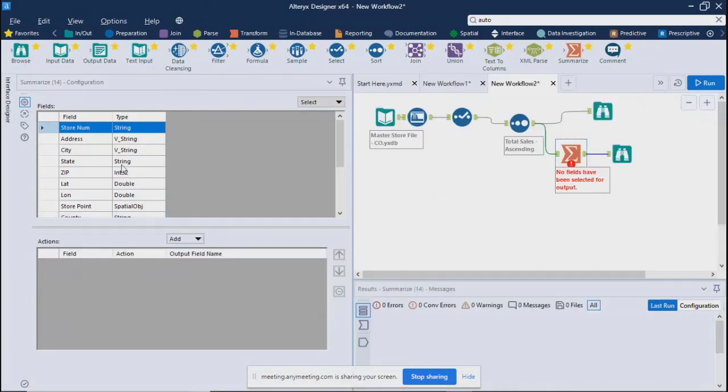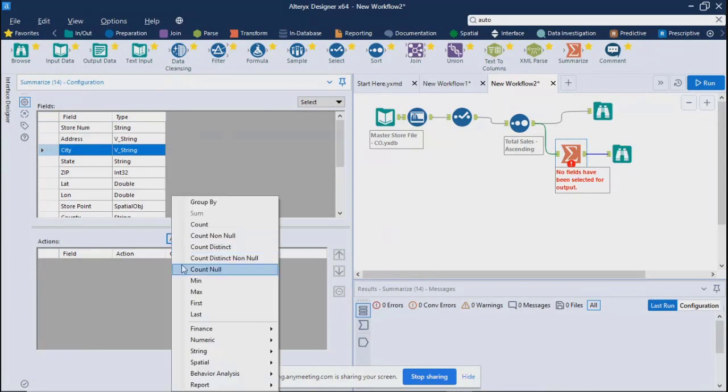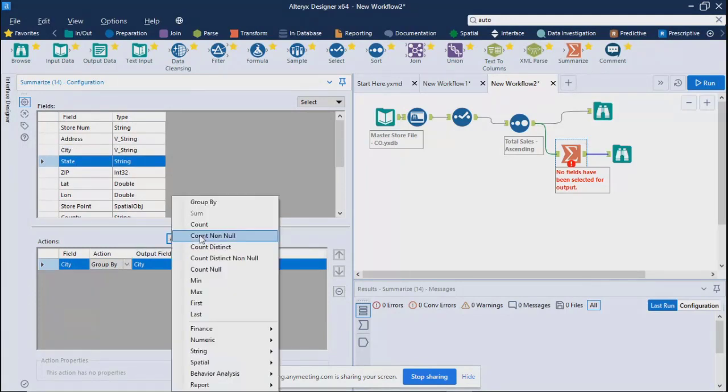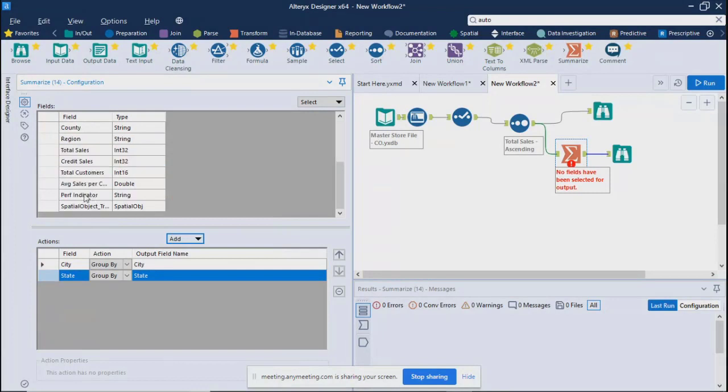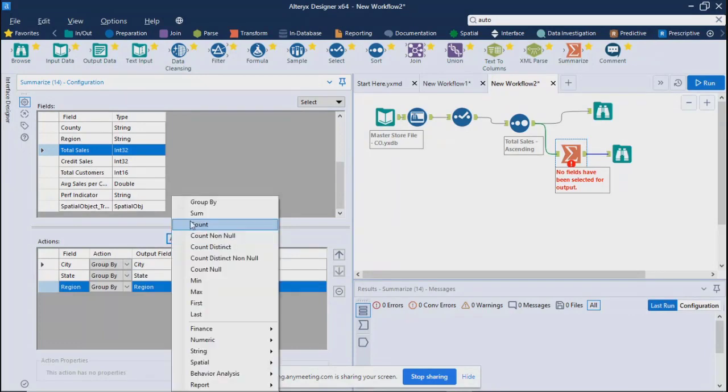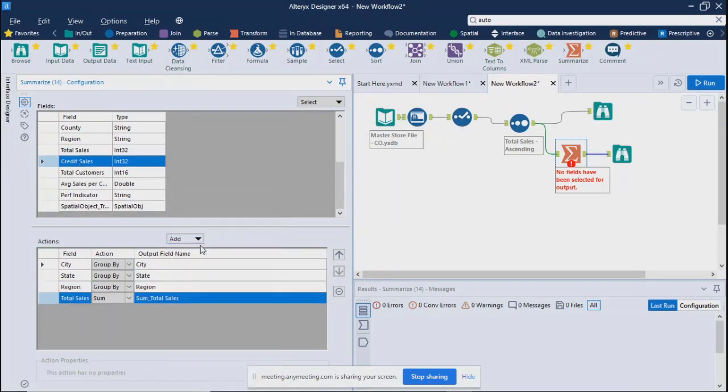So we have already seen, whatever field you want to see in the result, first of all choose and add that. How do you want to add it? Maybe you want to group by on that. So like group by, you can take some other fields, for example region. And then you can take your measures, maybe sum, count, whichever you want.